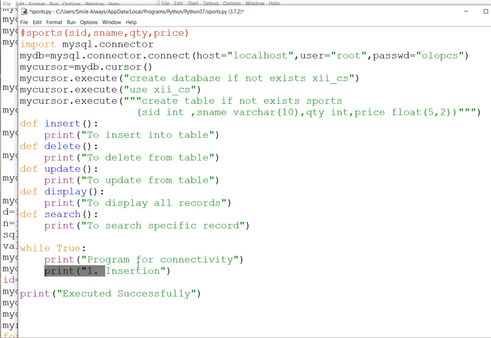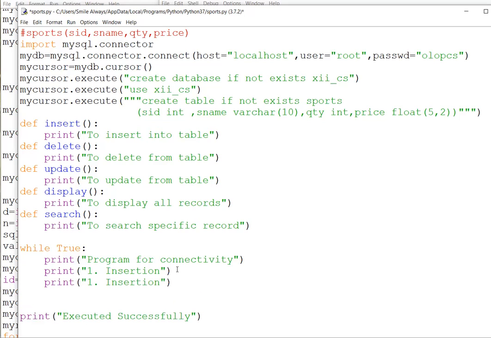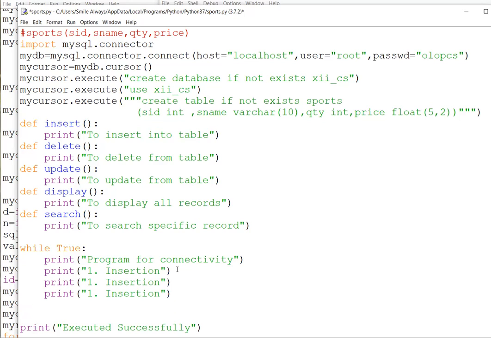You can use \n there or write your choices directly in multiple lines. 1, 2, 3, 4, 5 are there, and 6 is to exit.